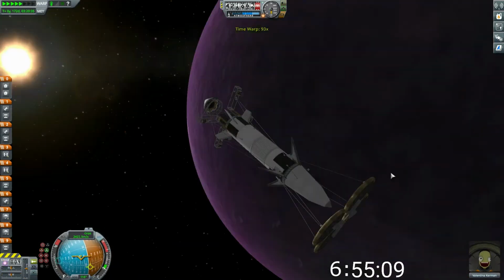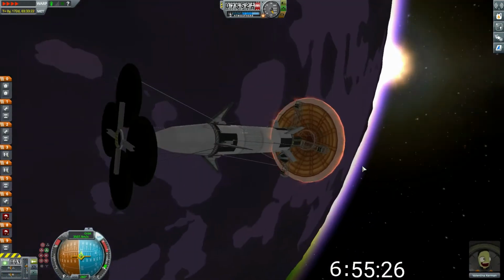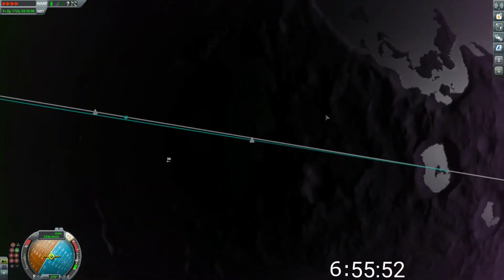So, I deorbit this time, and I make sure to remember my quick saves, because the quick saves is one thing that really did me in last time. I had to redo a bunch of stuff, I think. So I'm re-entering again,